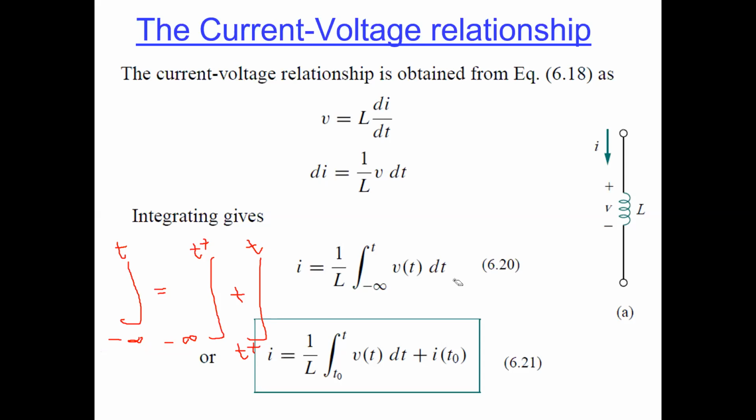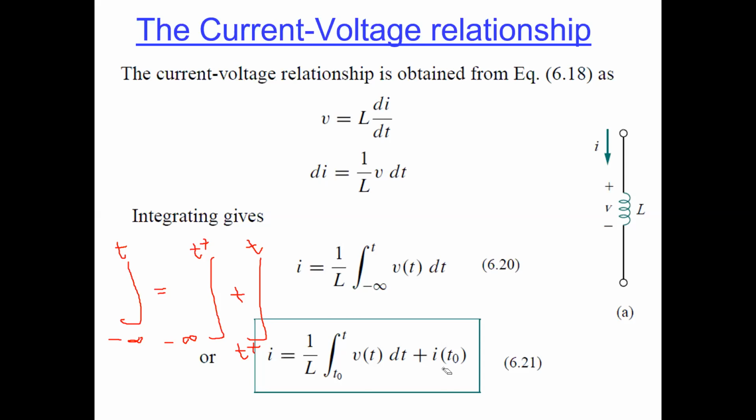Of course, we have to put v dt over here and over here as well. The answer of this integration will be the initial value of current stored in the inductor before connecting it to another circuit, or you can say before performing the experiment. Let's say your colleague has performed an experiment, and after performing an experiment,